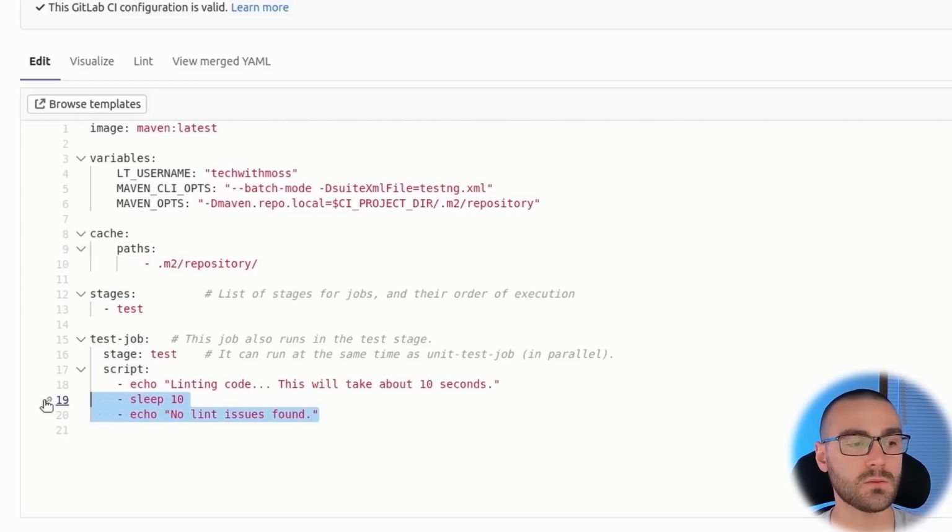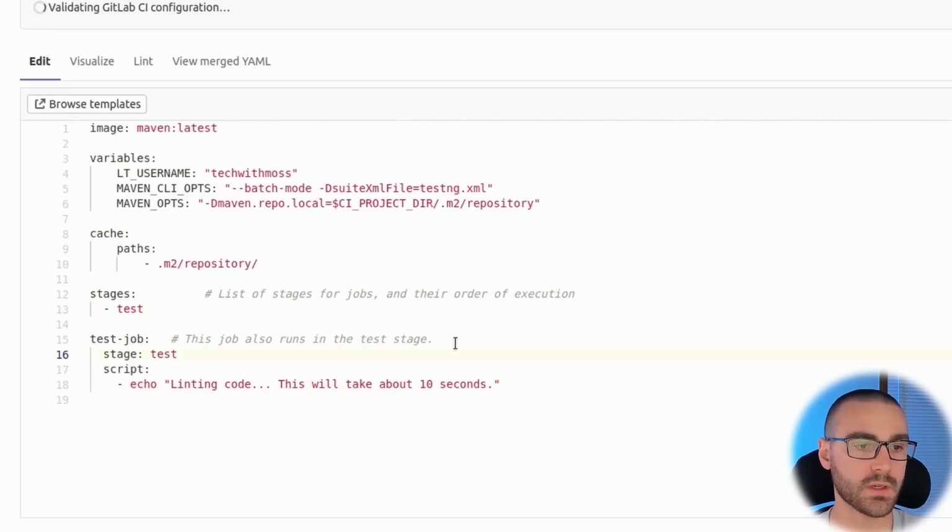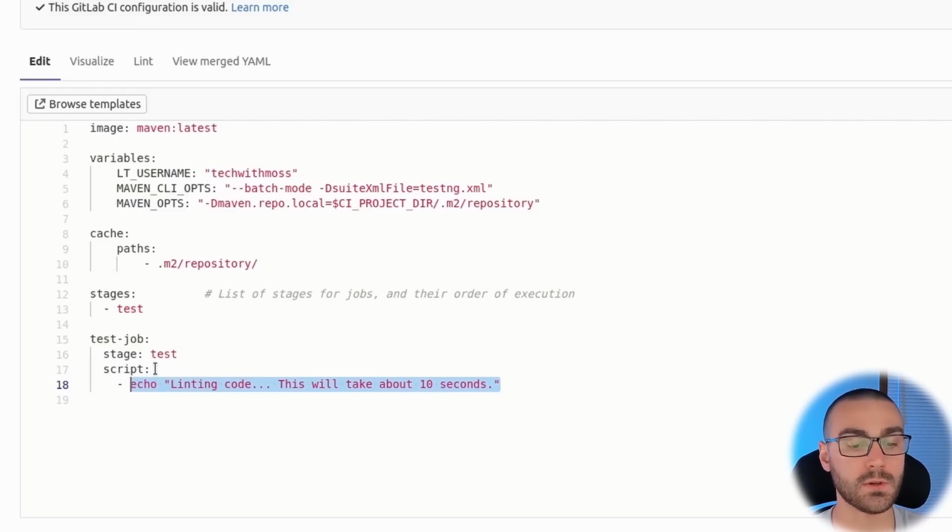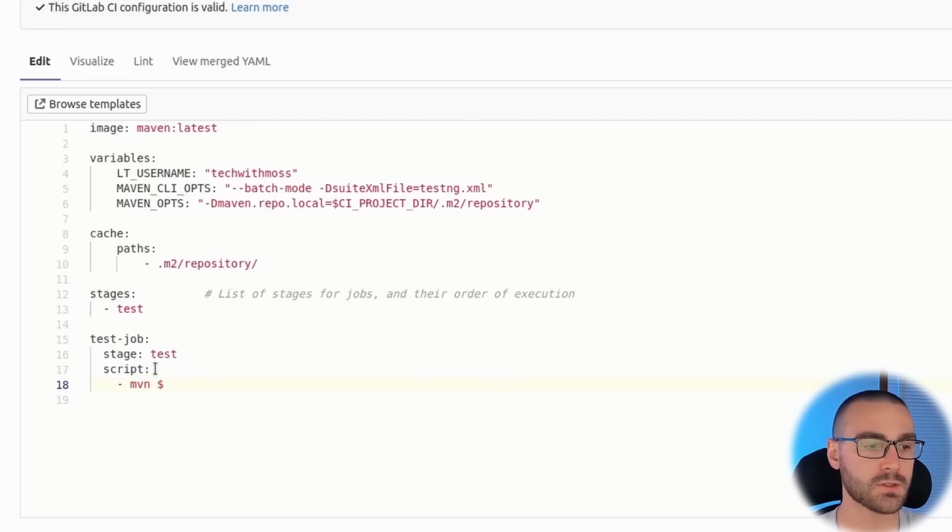And I'm going to remove these scripts. I'll also remove these comments. And under the script section, we're going to invoke Maven. So here I'll say mvn and then $, and we'll reference our environment variable, MAVEN_CLI_OPTS, and then the test command. So that's everything that we need for the script section, but we do also want to produce JUnit